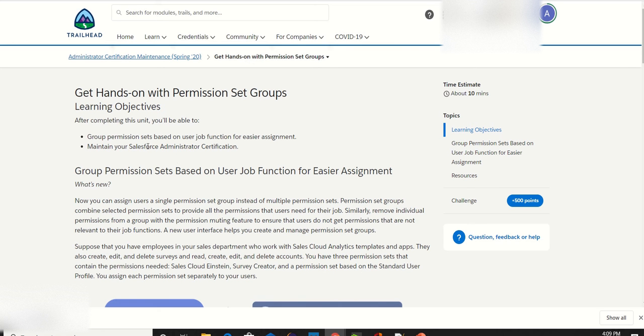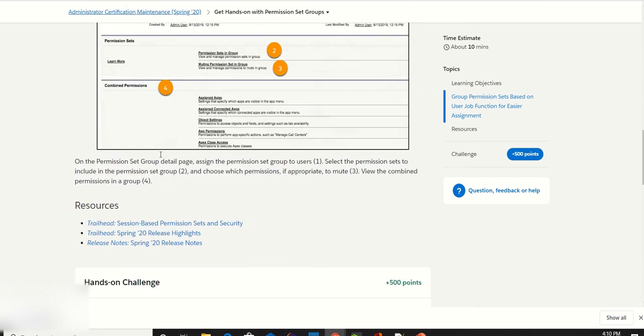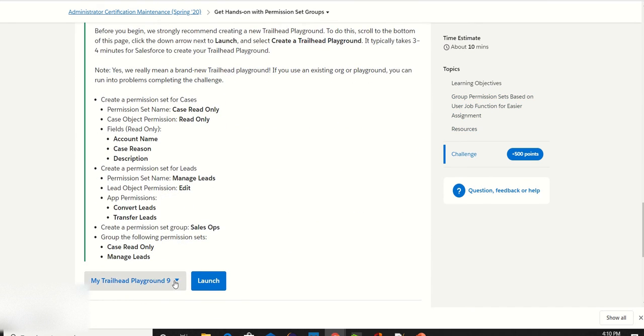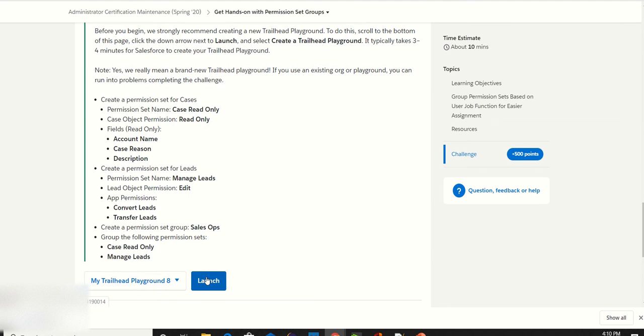In this hands-on challenge we are going to create some permission sets and permission set groups based on user job function for easier management. For this we need to launch a new Salesforce Trailhead org and go to Setup.